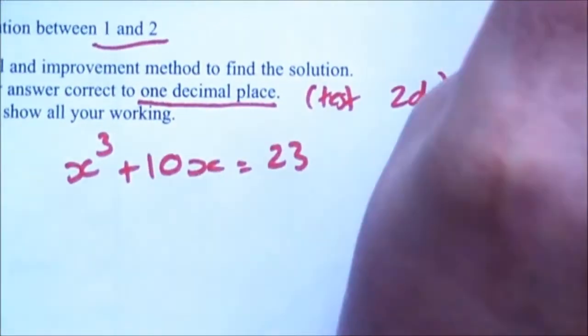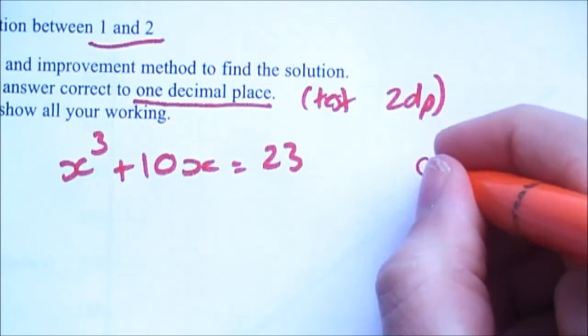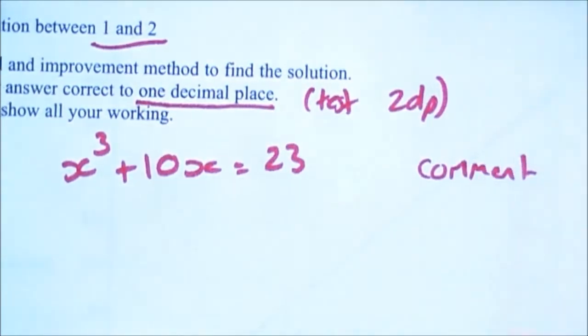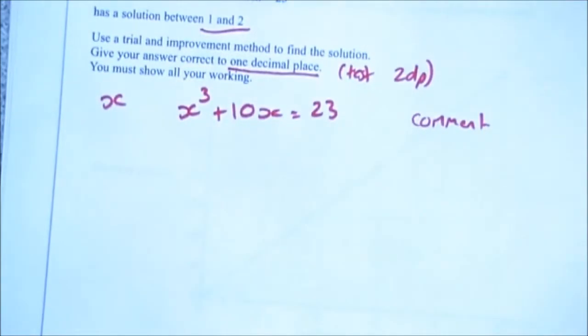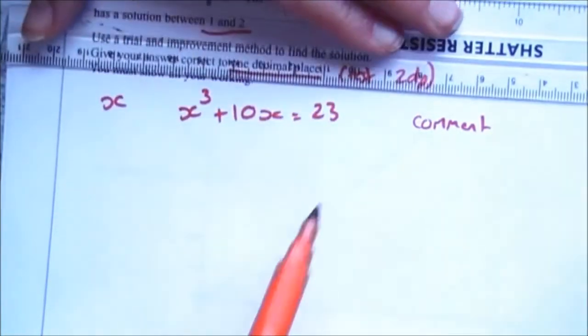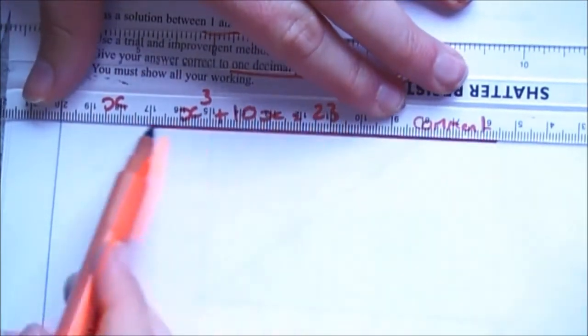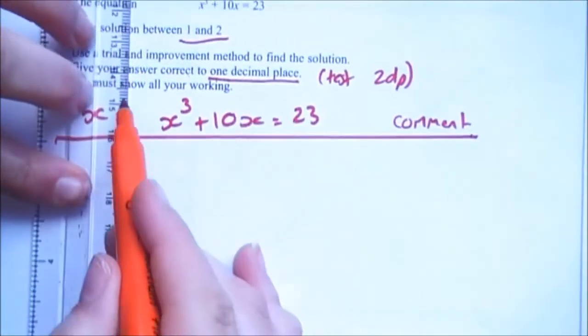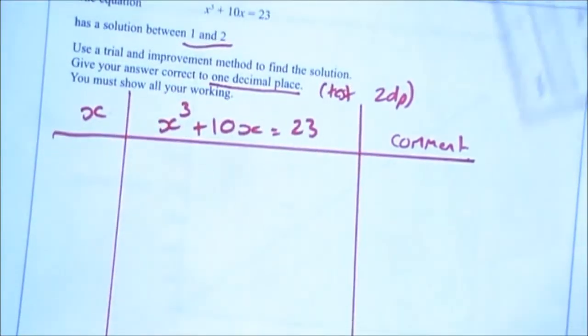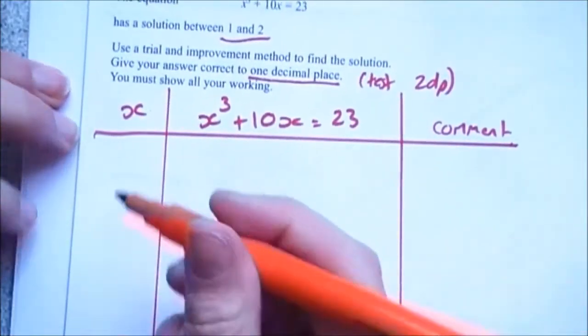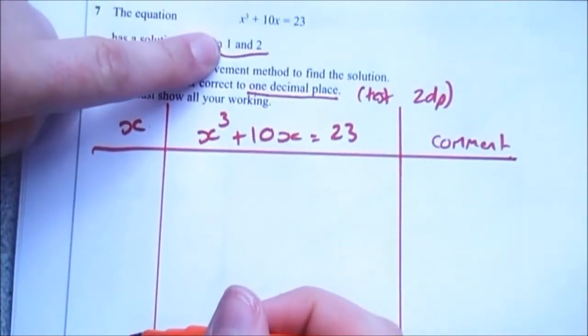And then we're going to make a comment about the trial that we do. So I need to set this table up, and the table is definitely the easiest way to go about doing this. Now, the first mark that you're going to get on this question is for testing the 2 values for x